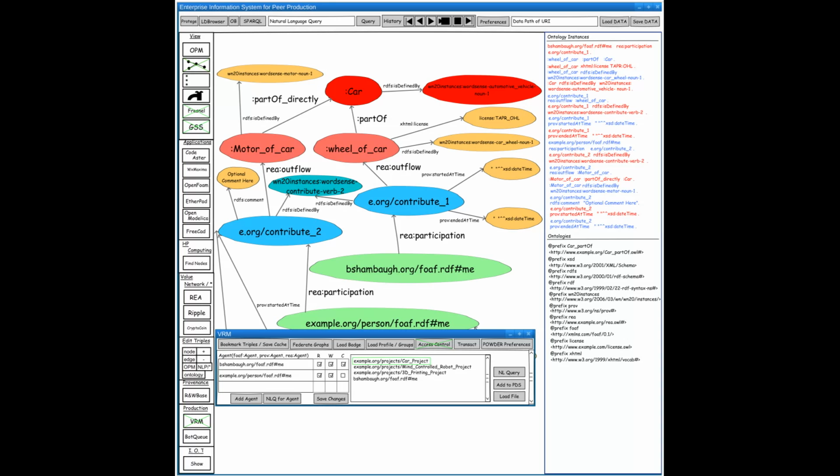In addition, bshambot.org/fov.rdf#me also has control access to example.org/projects/car_project, which means that it has the authority to change any access control permissions for any agent through the checkboxes or otherwise by changing the access control file for example.org/projects/car_project. We can also add agents that have access to example.org/projects